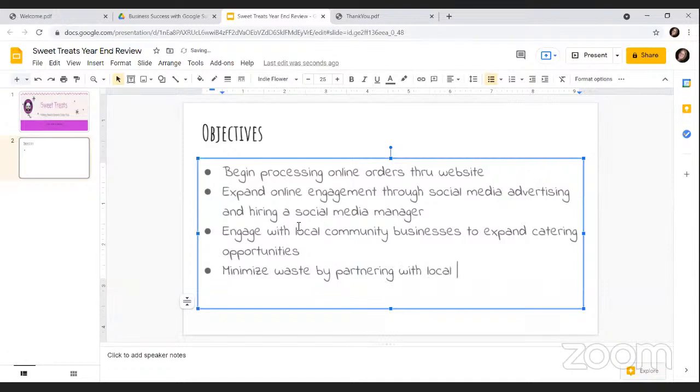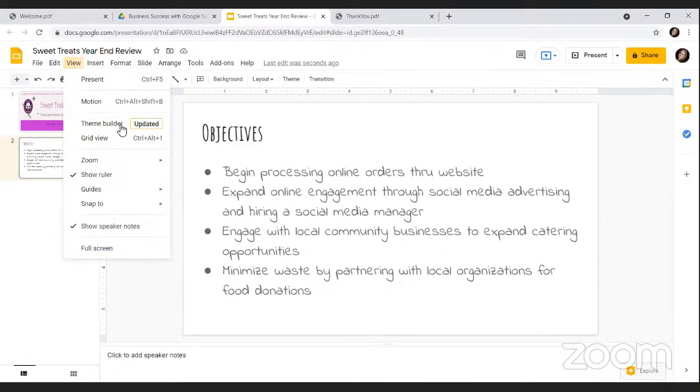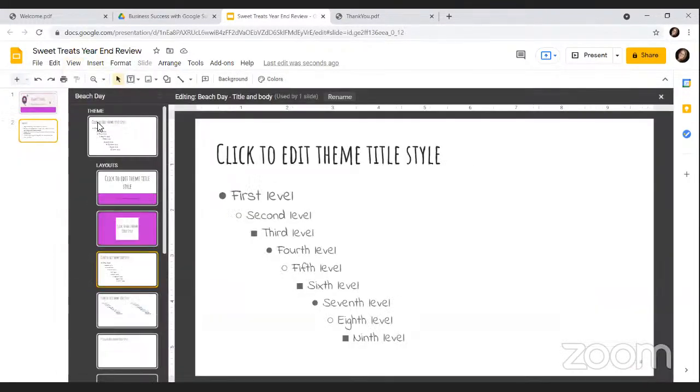Jamie, we do have a quick question about levels on the master, on the theme slide. So what does the word level mean again on theme slides? And how do you know how many levels you'll be needing? So let me go ahead and go back to that theme builder so I can show you a little better. What levels is referring to is if you were having like a bulleted list or a numbered list,